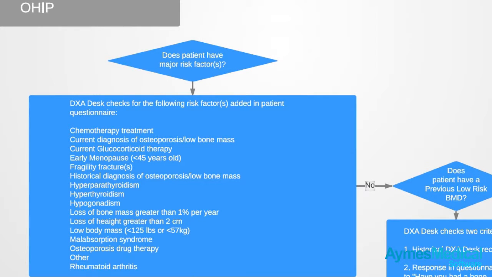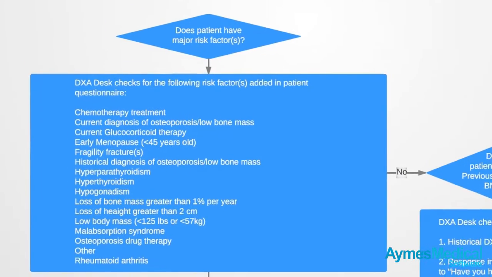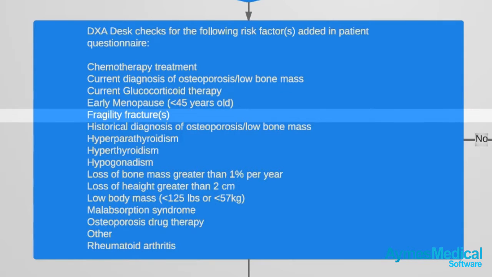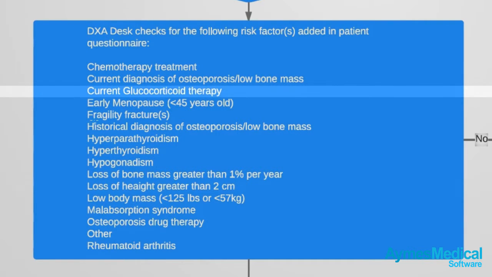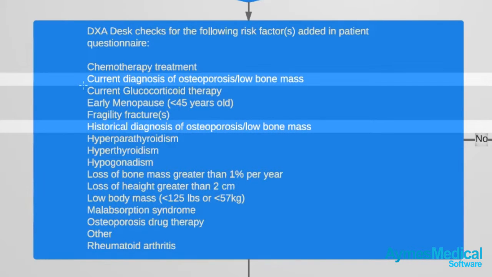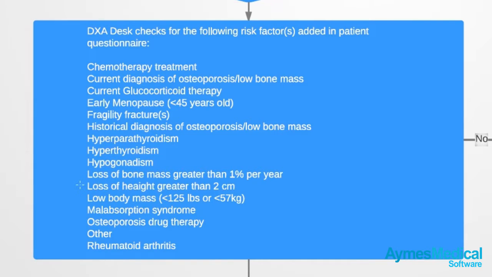DEXA will look at the major risk factors to determine if the patient is high risk or low risk. Major risk factors are added manually, though some of them are also automatically generated based on other responses in the questionnaire. For instance, fragility fractures, current glucocorticoid therapy, loss of height greater than 2 centimeters, or current and historical diagnosis of osteoporosis and low bone mass are automatically determined by responses within the DEXA questionnaire and with the information stored